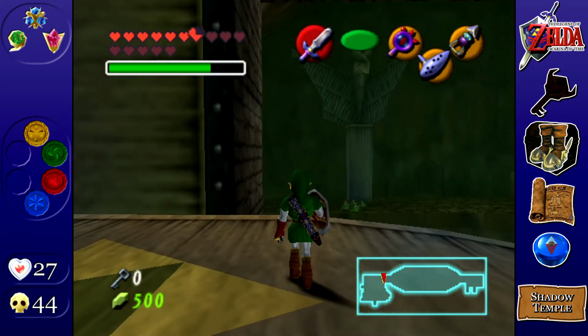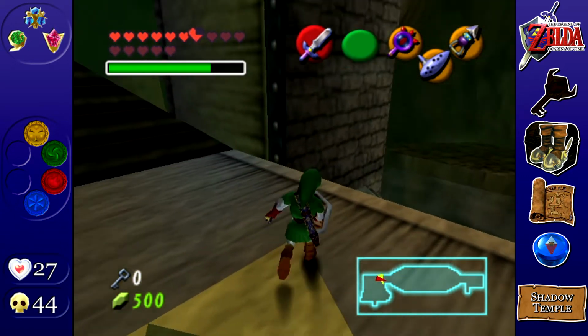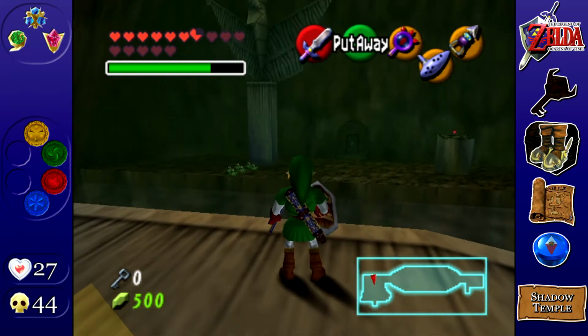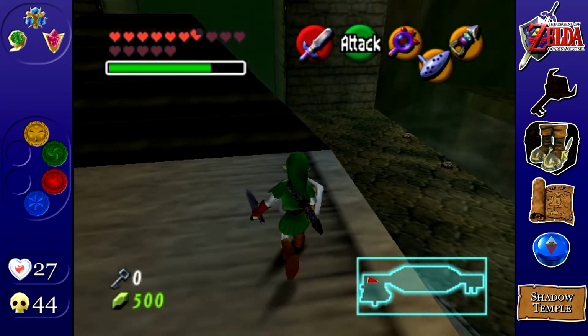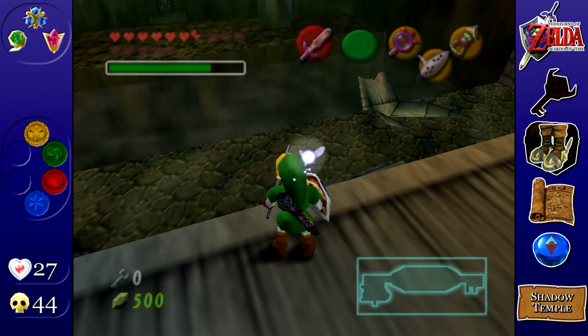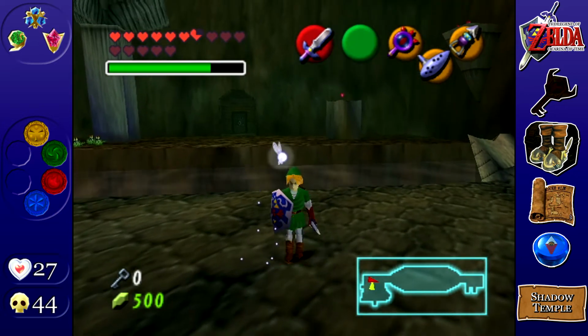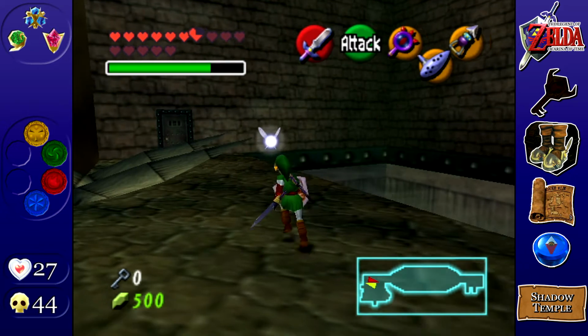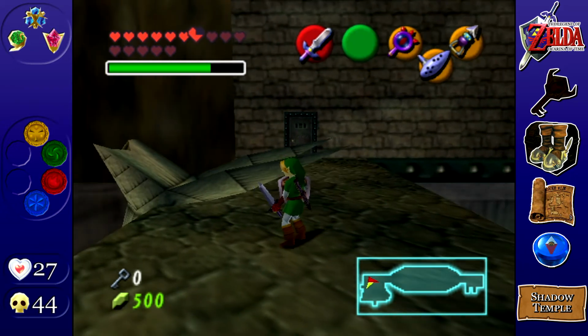Okay, so where is this taking us? You can see a key door up ahead there. Link, the ship is sinking. Abandoned ship. Get onto a safe platform. Oh, wow. Okay, they really don't give you much time to react to that. Oh. I'm glad I was right by the edge there. Okay, so...